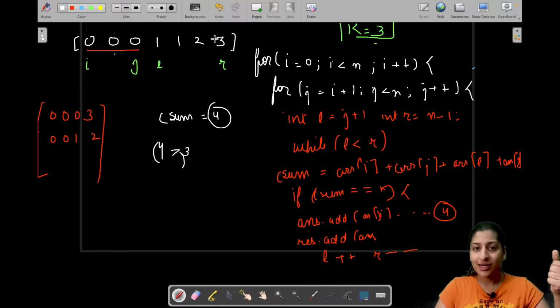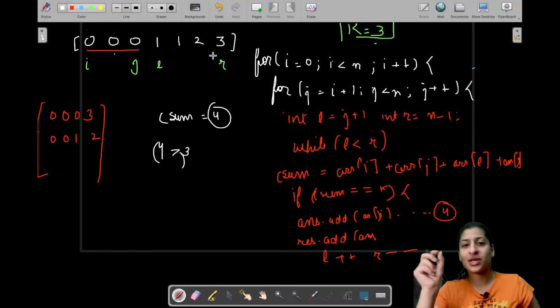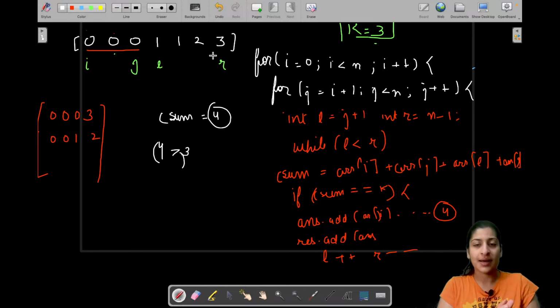If at these positions 0 0 1 and 3 the sum is greater than the required sum, I need to shrink an element's size so that I can get a sum equal to 3. For that, one possible thing that I can do is just decrement the index